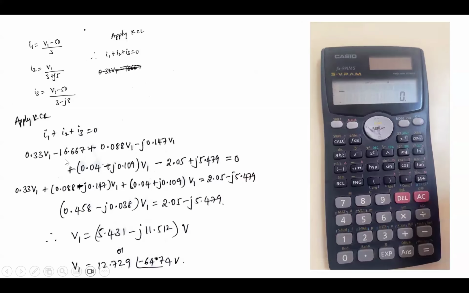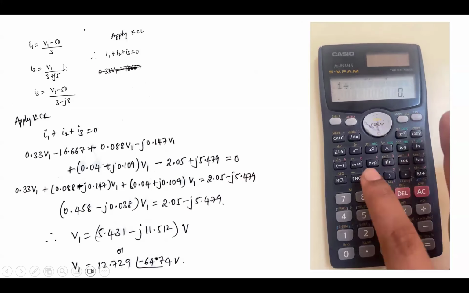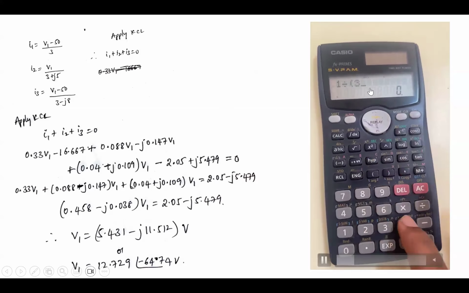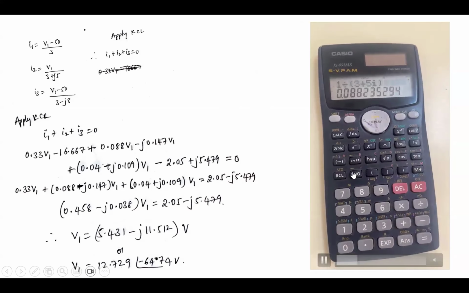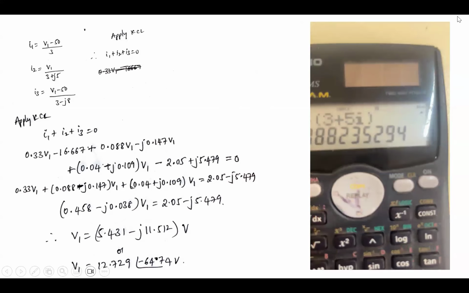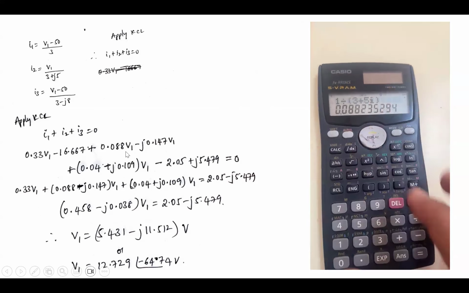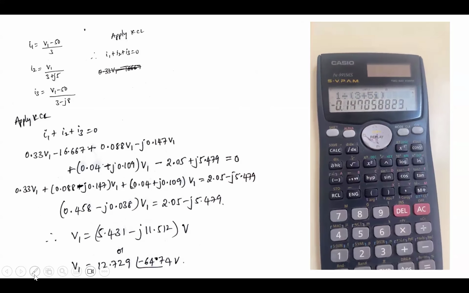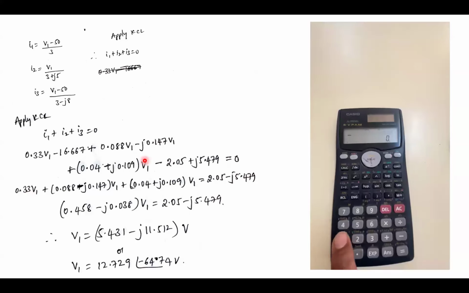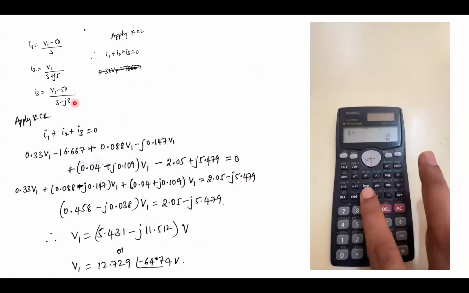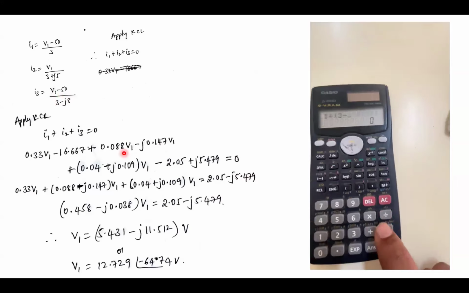That's nothing but 16.667. Similarly, for the second current, that is V1 divided by 3 plus J5, that is nothing but 1 divided by 3 plus 5I. I should write 3 plus 5I, and I will get 0.088. It is a complex term, so you can see R and I. The real value is 0.088 and the imaginary value is minus 0.147. Therefore, we are getting this. Similarly, the next is V1 minus 50 over 3 minus 8I. You will be getting